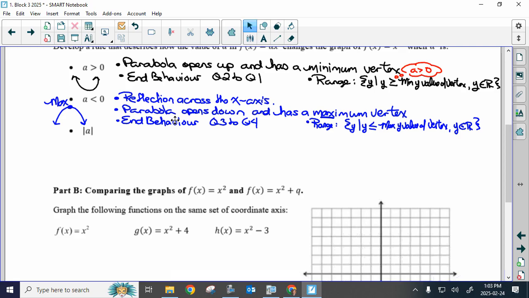Now this part right here, the sign on the a value talks about whether it's a reflection or not. If it's positive, you would not describe it as a reflection. There is no reflection if a is positive. If a is negative, we describe the reflection. But the absolute value of a, the magnitude, actually changes the shape of the graph. It makes it narrower or wider. I would describe this as a vertical stretch